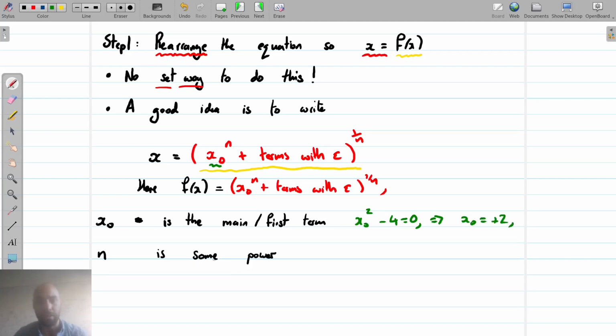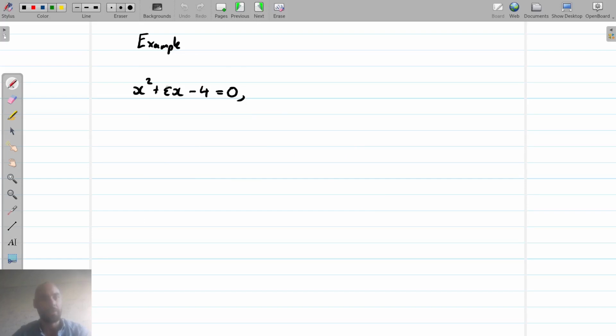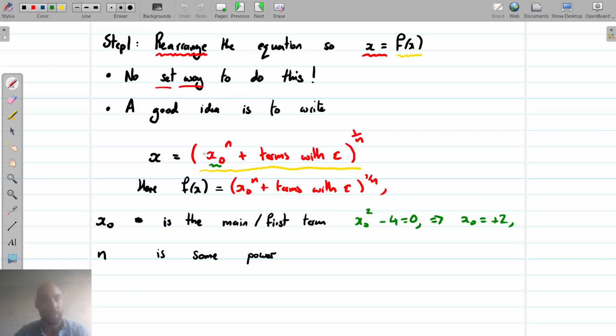And n is some power. Okay, I'm not going to specify what that power is, but it's going to kind of naturally pop out. So let's have a go at just doing this step for the problem we had a second ago. So here's the equation we start off with, and somehow I want to write it